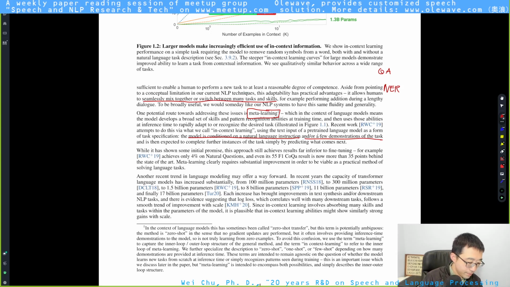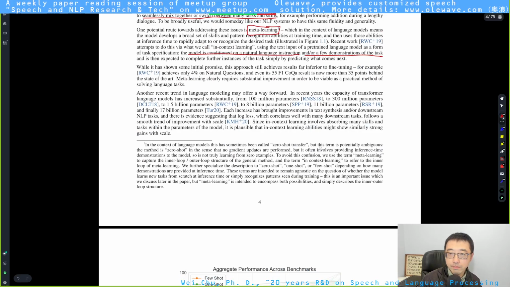So they also mentioned that before their paper, before OpenAI's GPT got popular, there were some other papers that called their approach zero-shot transfer, but actually they were not, because in OpenAI's definition, or in the common-sense definition, whenever you mention the word zero-shot, that means no gradient updates are performed.